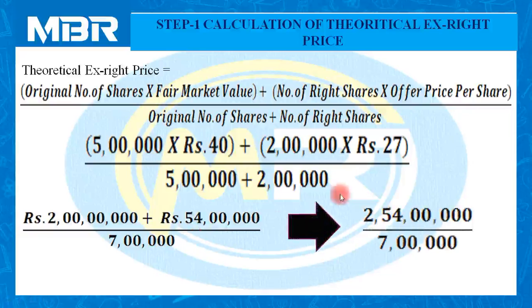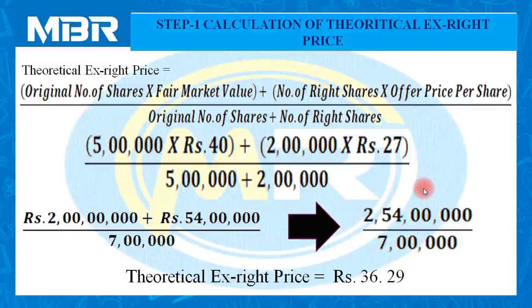So in all, 2 crores 54 lakhs divided by 7 lakhs. It means theoretical ex-rights price is rupees 36.29. You can say that this 36.29 is the weighted average price of the share after the issue of right shares,